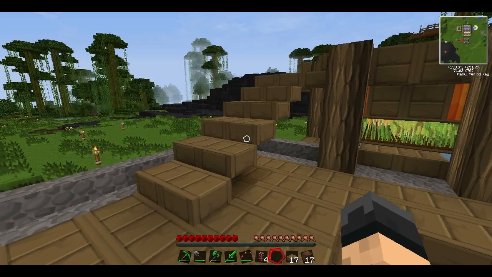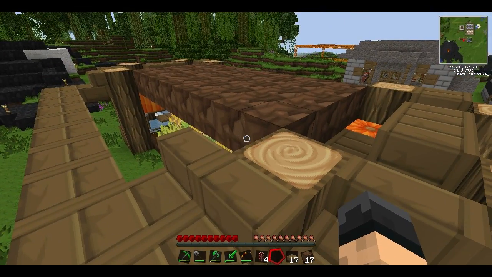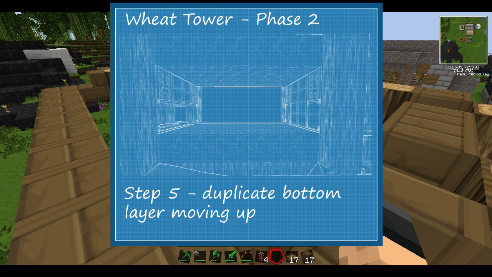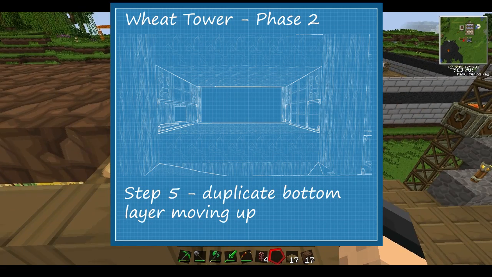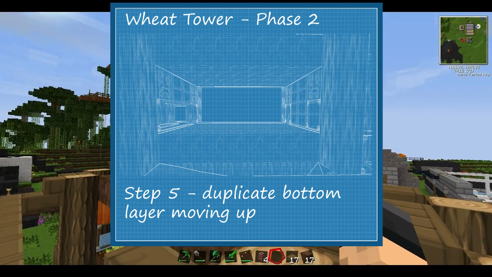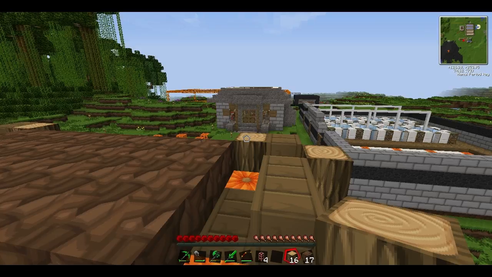Alright, so here we are with our staircase up to the next level. So our next step, which is going to be step number 5 in the wheat tower process, is going to be duplicating the bottom layer up. So we already know what it looks like, so let's just go ahead and get